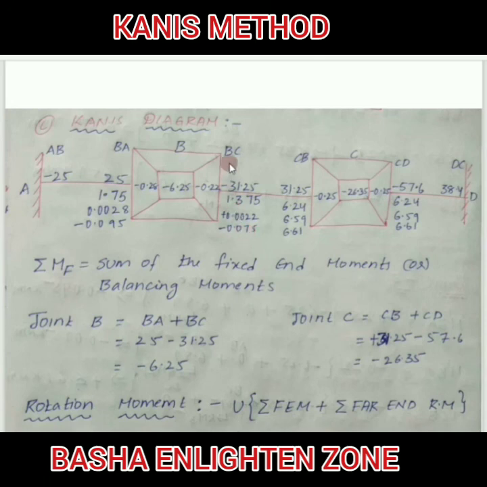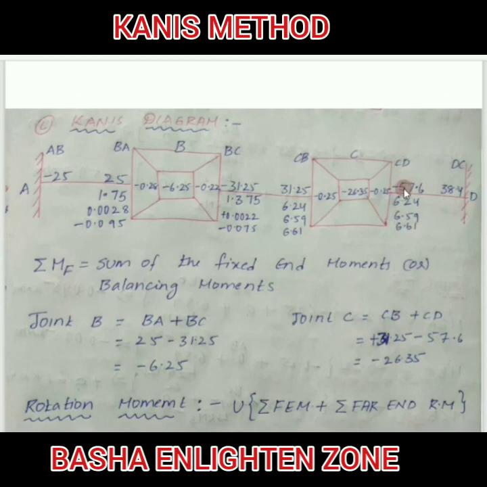far end rotation moment. So I am individually dividing this particular span, the BC span. For BC, CB is the far end, that is plus 6.61. If you simplify this one, you will get the fixed moments. So take down here directly. Similarly, for CB, the formula will be the fixed moment, that is 31.25 plus 2 into its near end rotation moment, which means 2 into 6.61, plus far end rotation moment, which means minus 0.075. Again simplify here.